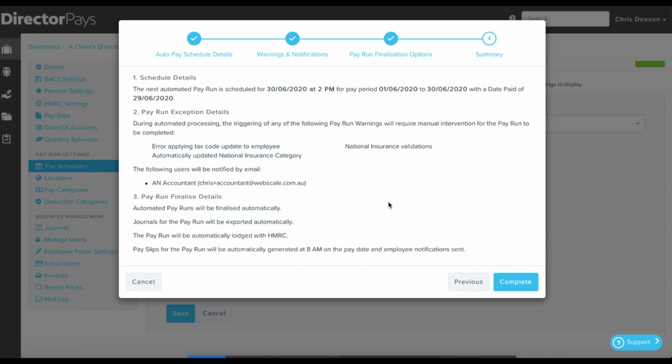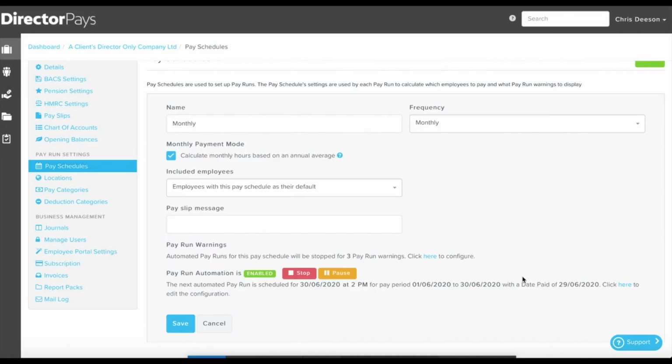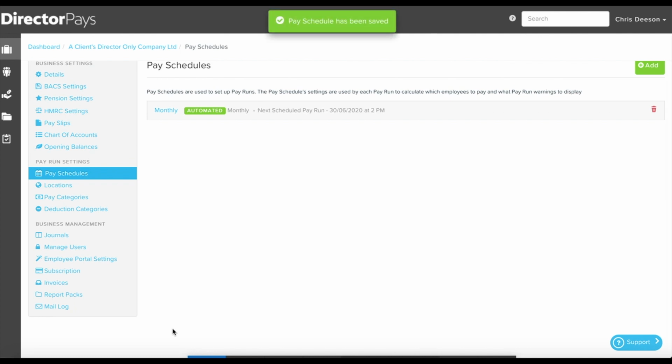Click on next. I can review all the information. If I'm not comfortable with it, I can go back and I can make some changes. In this case, I am, and I'm just going to hit complete. And then to ensure that the automation is finalized, I just need to click save. That is now saved, and then as you can see here, the next scheduled pay run is the 30th of